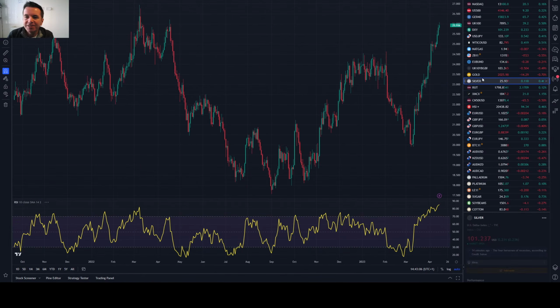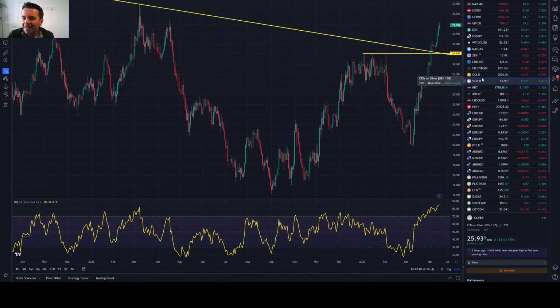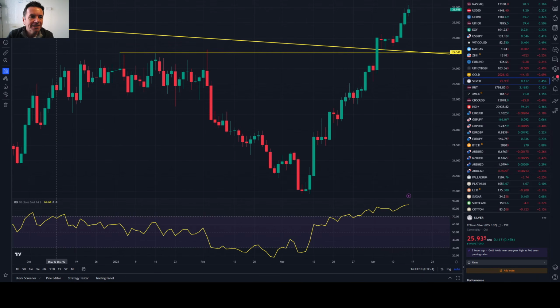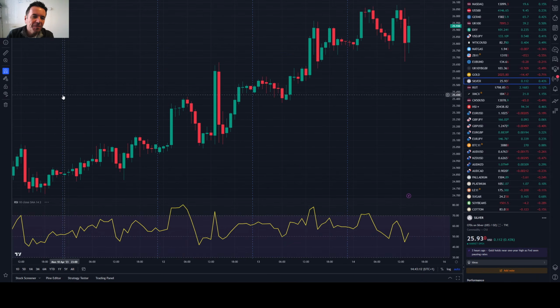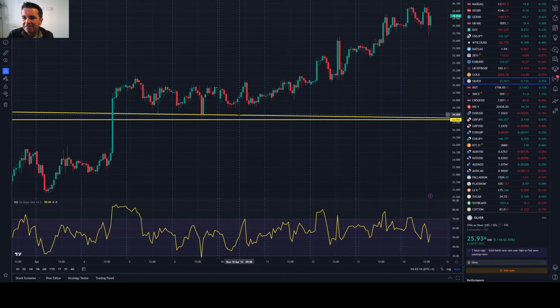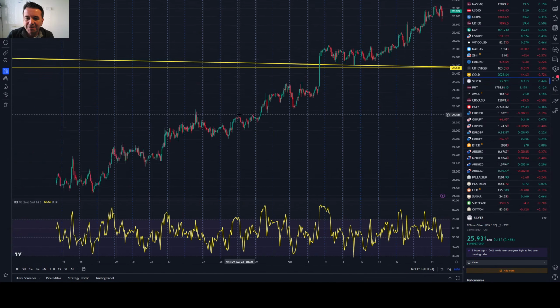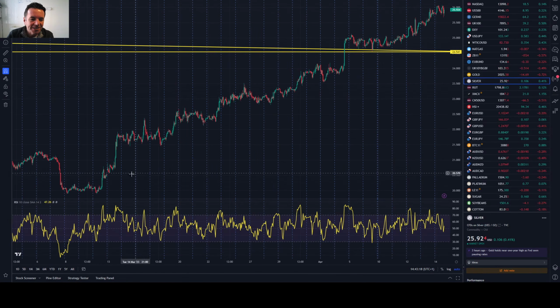And silver is the market that I hate, because over the last couple of years, I don't think I've got a silver trade right. If I buy it, it goes up. If I sell it, it goes down. No, if I buy it, it goes down. If I sell it, it goes up. But an absolute great trend in silver.